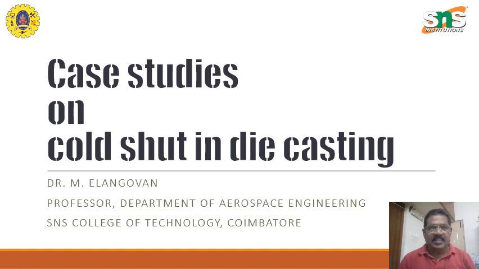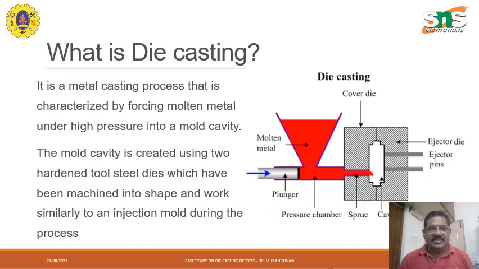Let's get started. So what is die casting? It is a metal casting process in which high pressure is used, and the molten metal is forced into a cavity. Whatever the shape of the cavity or the mold, the parts are formed accordingly. So a simple explanation goes like this: the molten metal goes into the cavity and gets formed as per the